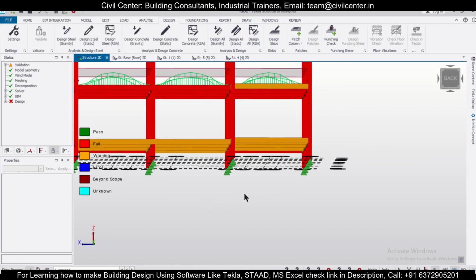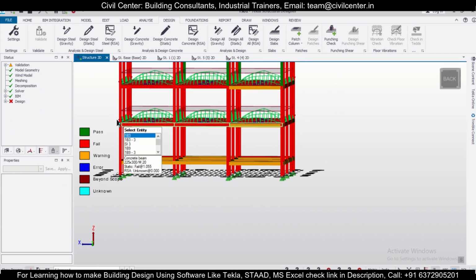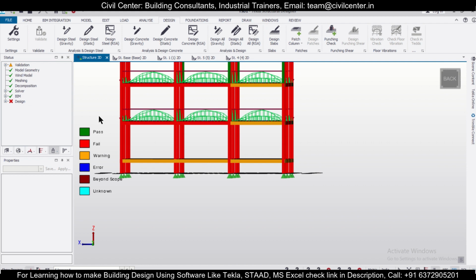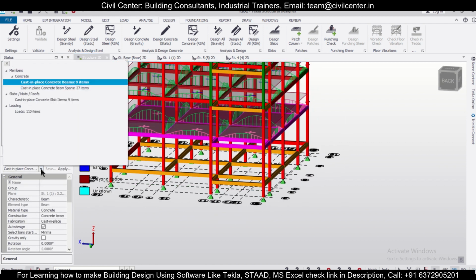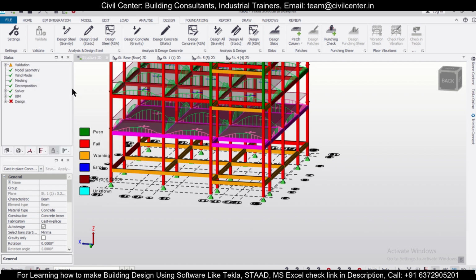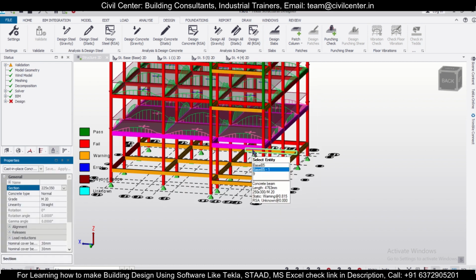Now for the next level, let's make the beams safe here. Just select the beams here, all the beams are selected. We'll select concrete beams, and then change the size of it to 225 into 350, and let's check whether we are okay with this or not.